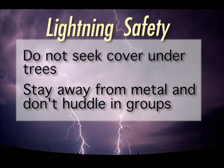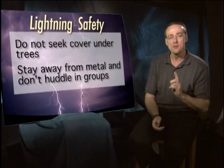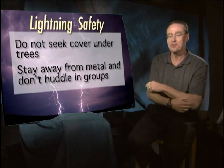Also, don't huddle in groups. The National Weather Service recommends that you keep at least 15 feet between you and anybody else that is in a group. One final point about lightning is, remember, if you're outside and you feel your skin tingle or your